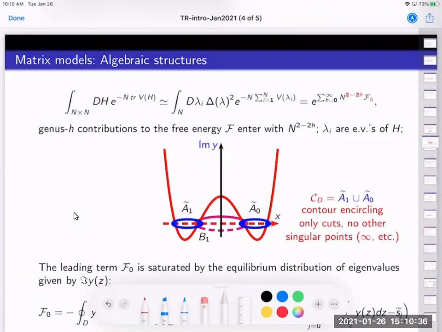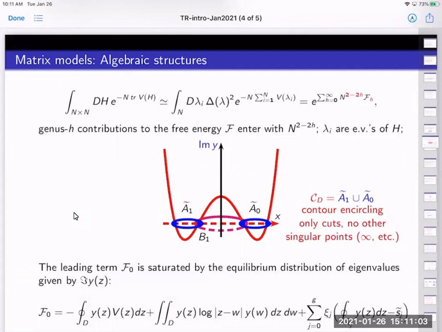as the A cycles of the corresponding Riemann surface, and the corresponding adjoint B cycles will be between the corresponding contour here and this reference contour. What also is important is that we also have the contour that actually is the union of all these A contours, including the reference one. And we know again it's just a standard